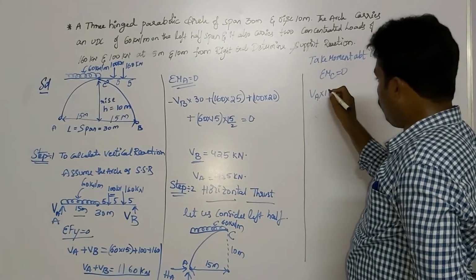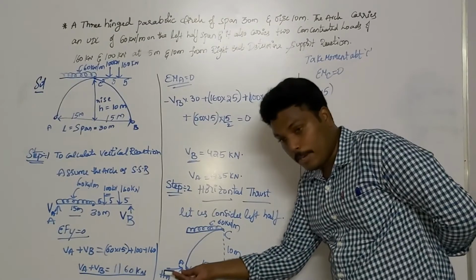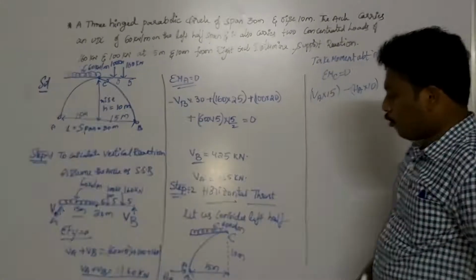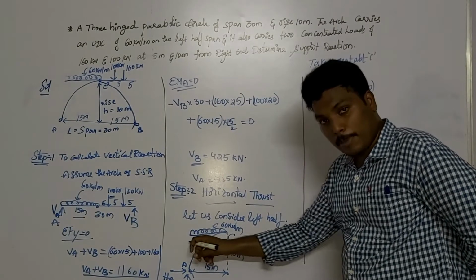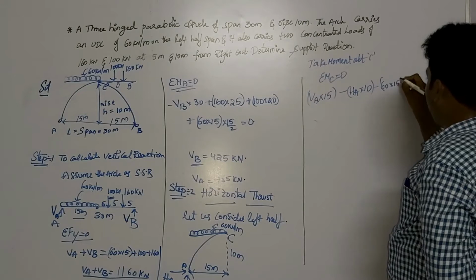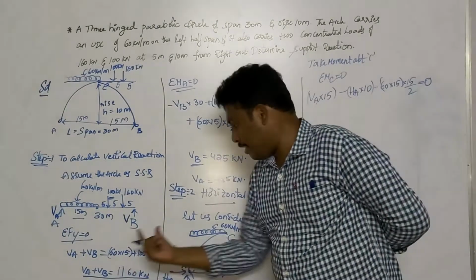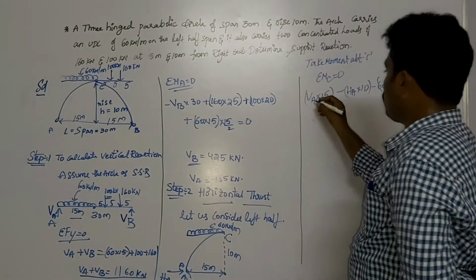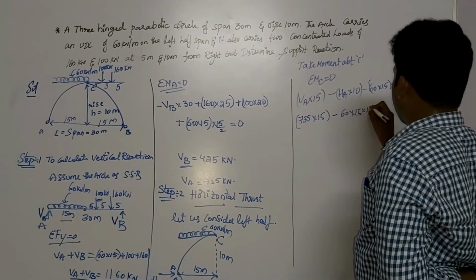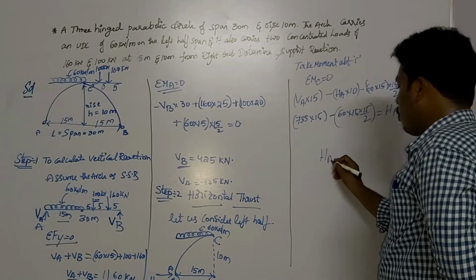So VA into 15. Next HA will be rotating in the anti-clockwise direction, but HA is a horizontal force, so its perpendicular distance will be 10 meters. So minus HA into 10 is the other force, and there is a uniformly distributed load over a span of 15 meters, which will be rotating in the anti-clockwise direction. So minus 60 into 15 is the load, and its perpendicular distance is 15 by 2, which is equal to 0. We already know the value of VA here. What did we get, nanna? 735 kilonewtons. So substitute that 735 kilonewtons into 15 minus 60 into 15 into 15 by 2, which is equal to HA into 10. So from this if you calculate the value of HA, the answer is